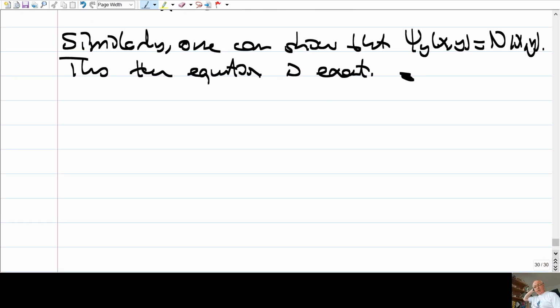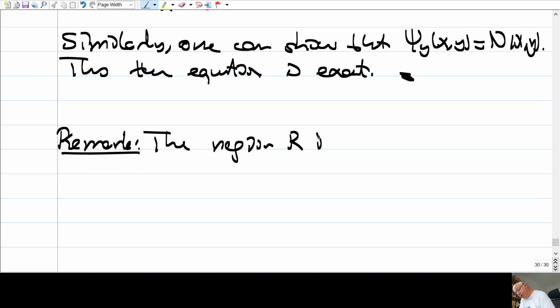So to check whether an equation is exact or not, it is enough to check that partial derivatives are equal to each other or not, right? M sub y should be equal to N sub x, but your region also has to be a rectangle or simply connected. Maybe I should write as a remark. The region R in the theorem, in the statement of the theorem,